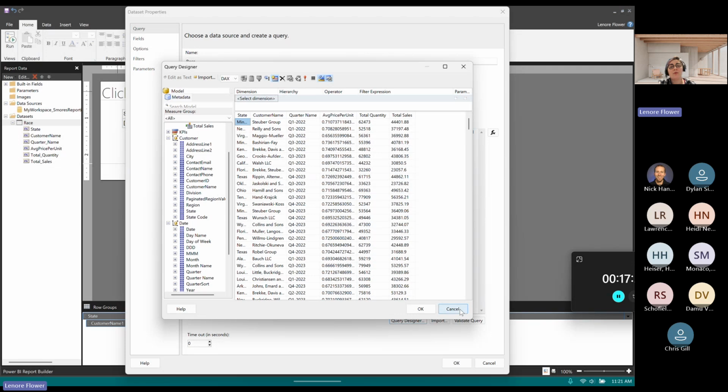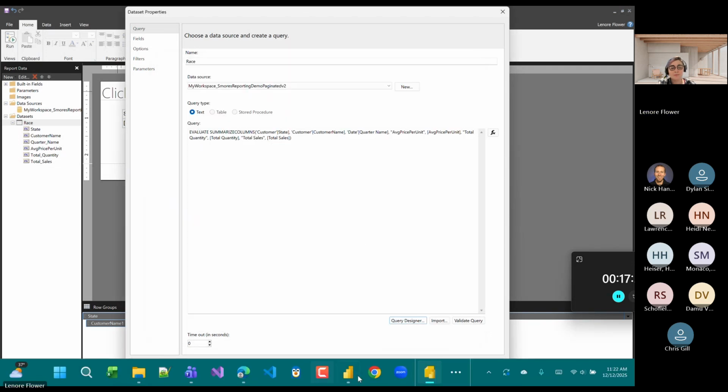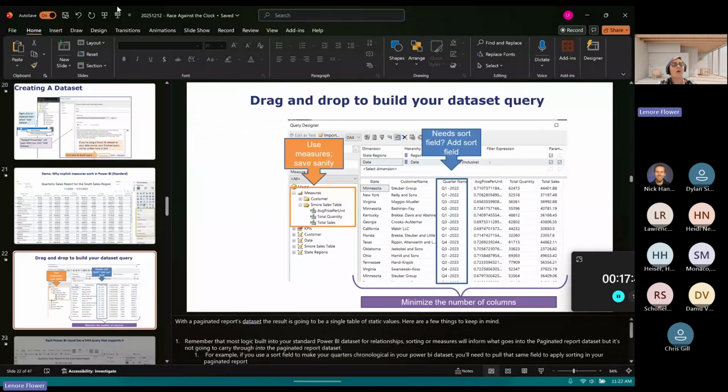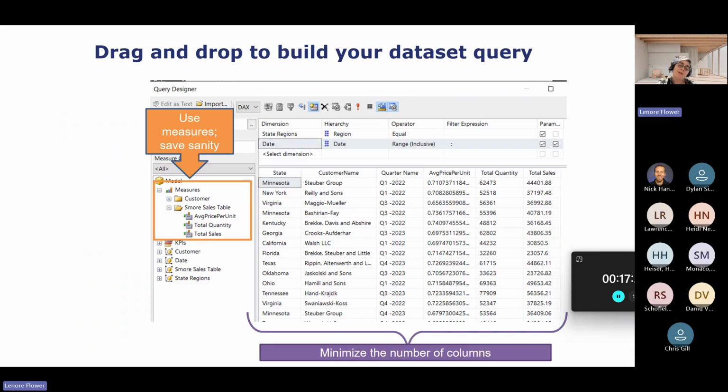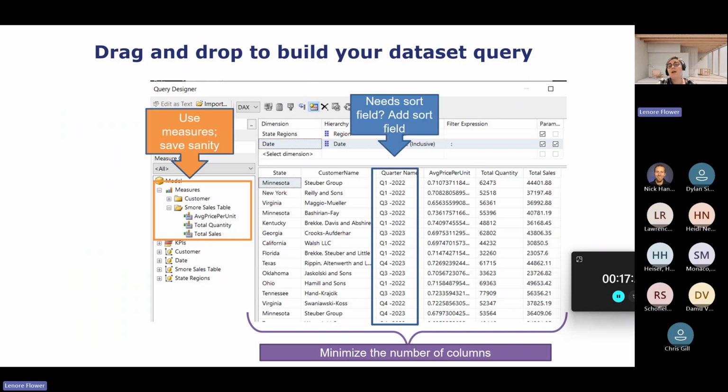The individual fields will create a bit of chaos. Okay. So to recap, use measures, save sanity. Things get really messy if you try to use individual fields. Minimize the number of columns because the volume of data increases for each one. Include a sort field if you need one. We're going to deliberately leave one off and come back to it.